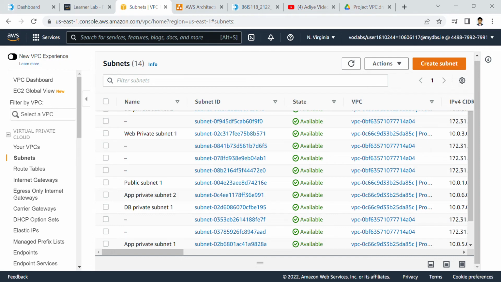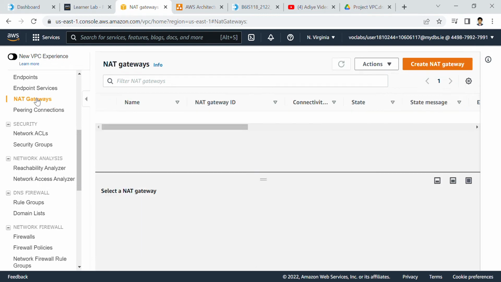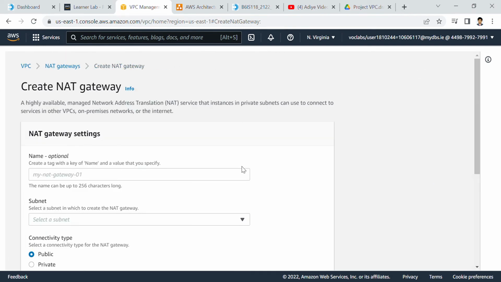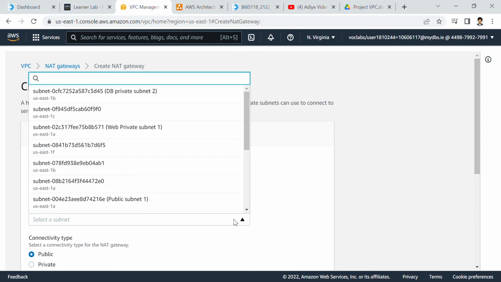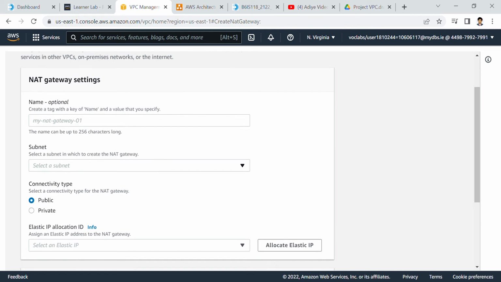Once it is done, go to NAT gateways, which is on the left side of the dashboard. Scroll down, click on NAT gateways, and by default there will be a NAT gateway 1. If you want to create one more NAT gateway, click Create NAT gateway, and then give the NAT gateway name as second NAT gateway here, and give the subnet according to your architecture design. In my case, I have given the subnet as public subnet 2,